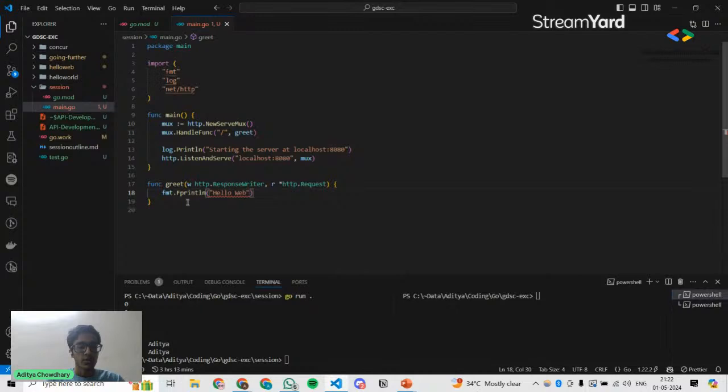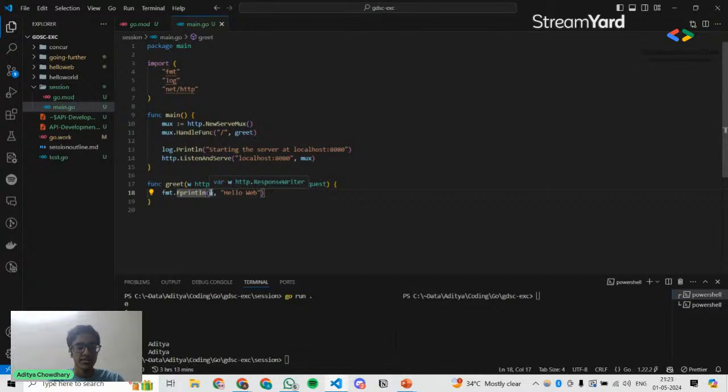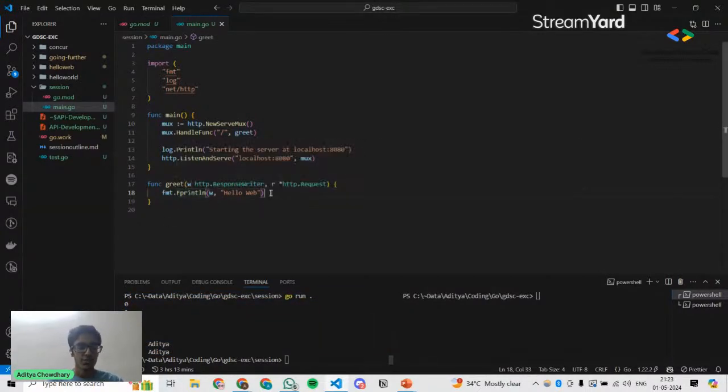Right. Now, what is Fprintln? Earlier we saw Println, which basically printed to the console. And Fprintln is basically the same thing, except you also provide an extra parameter, which is the writer. Where are you writing to? Println by default writes to the console over here, but with Fprintln, you can choose where you want to write it. And so when we run this main.go now,